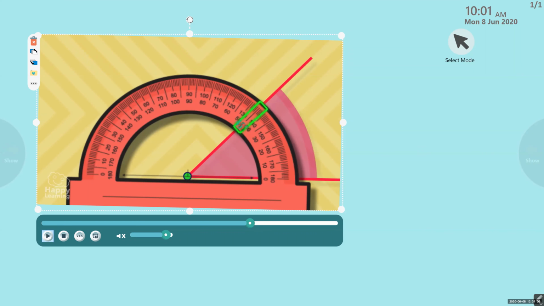From where we have started the marking: 0, 10, 20, 30, 40, and then 5 more degrees. Yes, that is 45 degrees. Always start where we cannot read from 180. Look at the outer scale: 180, 170. No, we are not going to read from the inner scale. The inner scale starts from 0, 10, 20. Then the final ray is ending at 45 degrees.